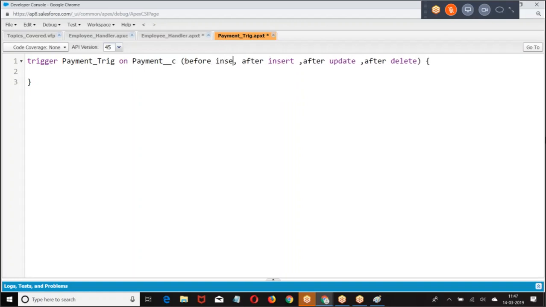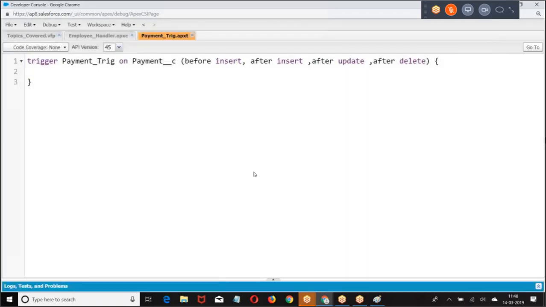Before insert, after insert, after update, after delete. These are the events. The trigger has to run in four contexts: before insert, after insert, after update, after delete.